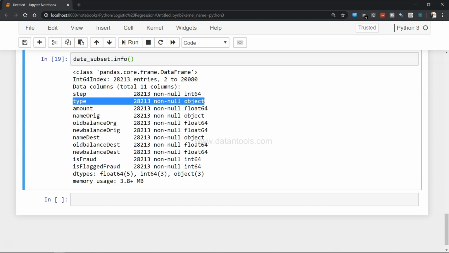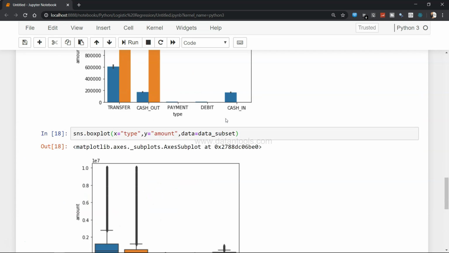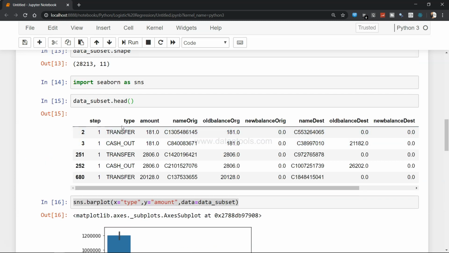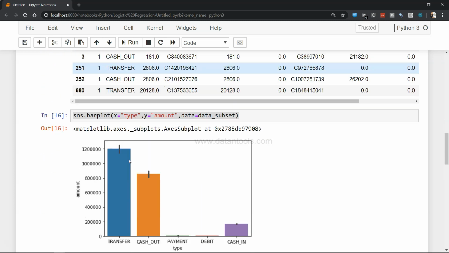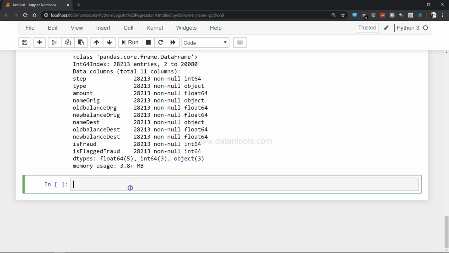So I need to convert it into a numeric column, because right now, if I go up, this is text information, and the Python statistical modeling library scikit-learn we are going to use does not understand textual or categorical textual data.